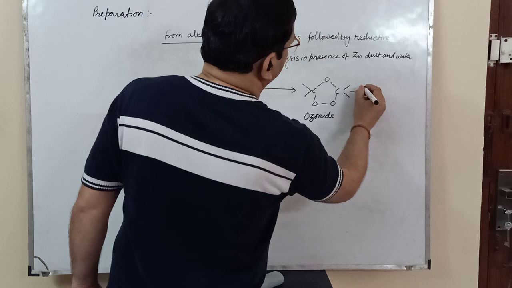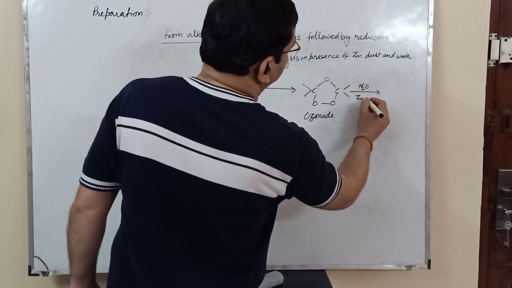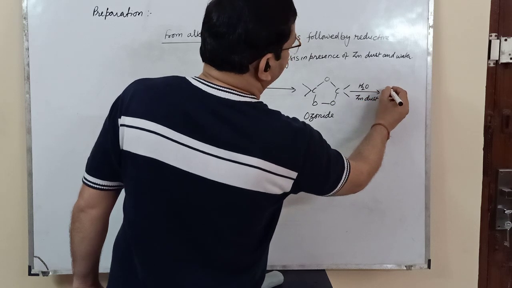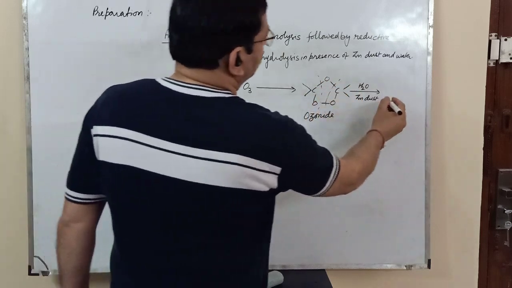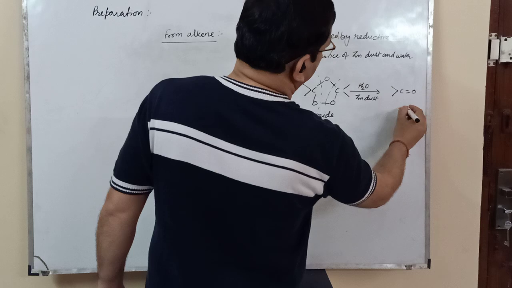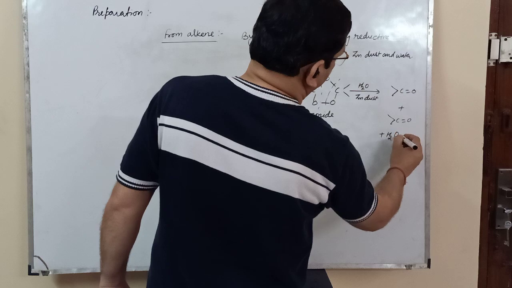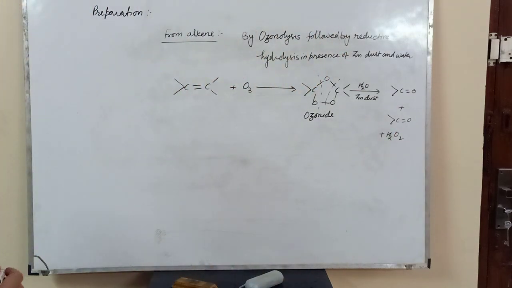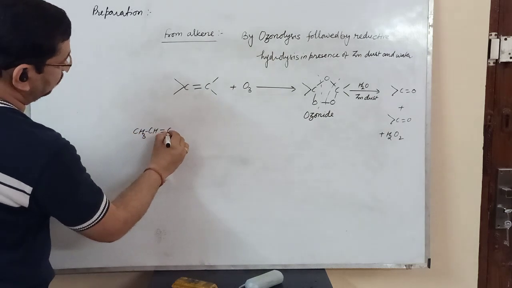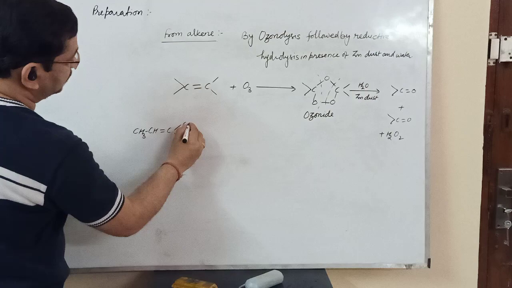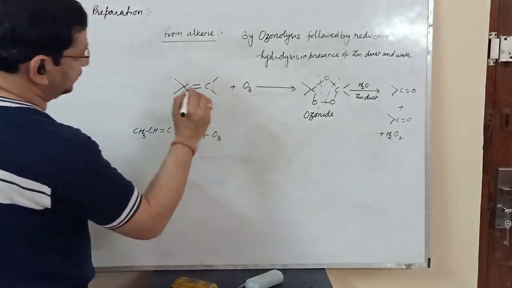And this ozonide on reductive hydrolysis with water in presence of zinc dust breaks up from here as well as here. So two parts separate from each other, giving carbonyl compounds with hydrogen peroxide. For example, if we have CH3CH double bond C(CH3)(CH3), this compound on ozonization